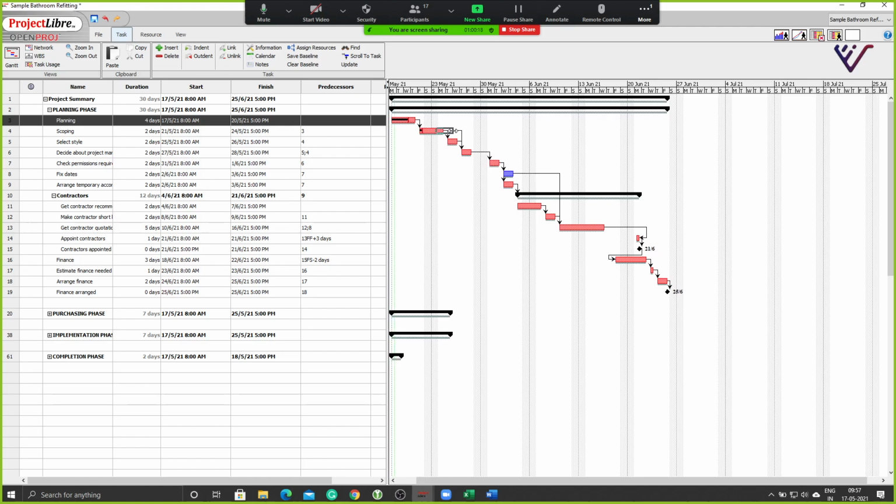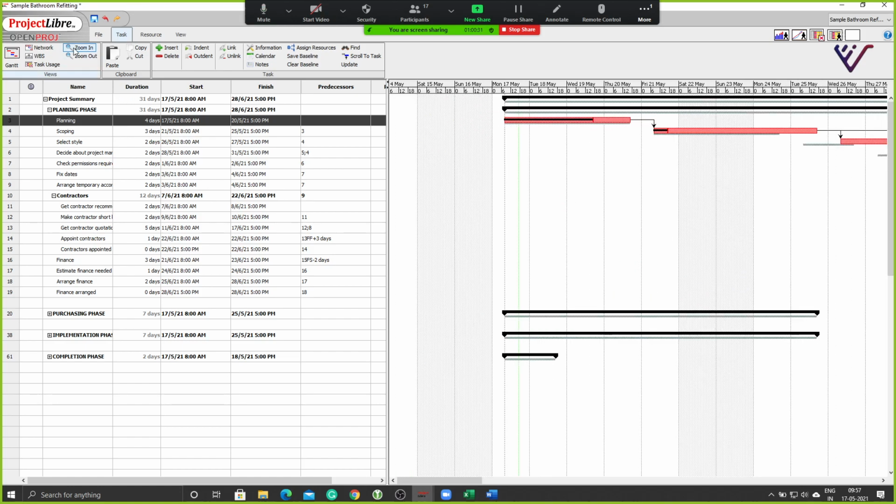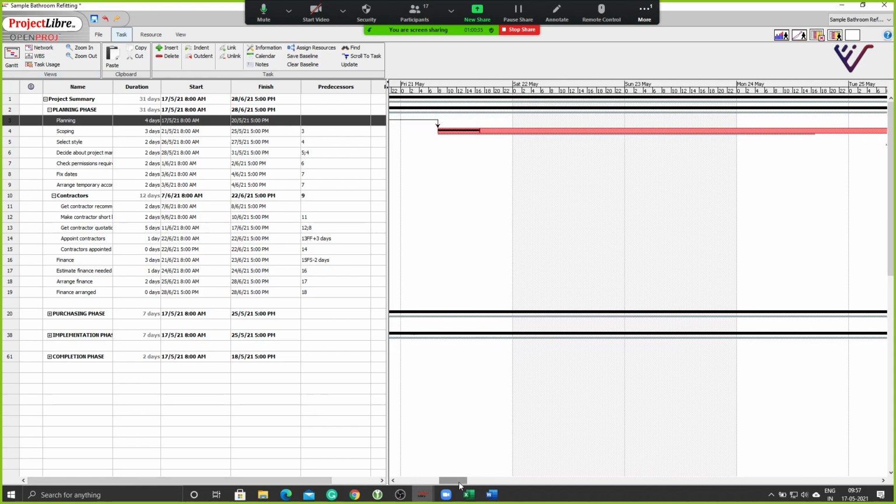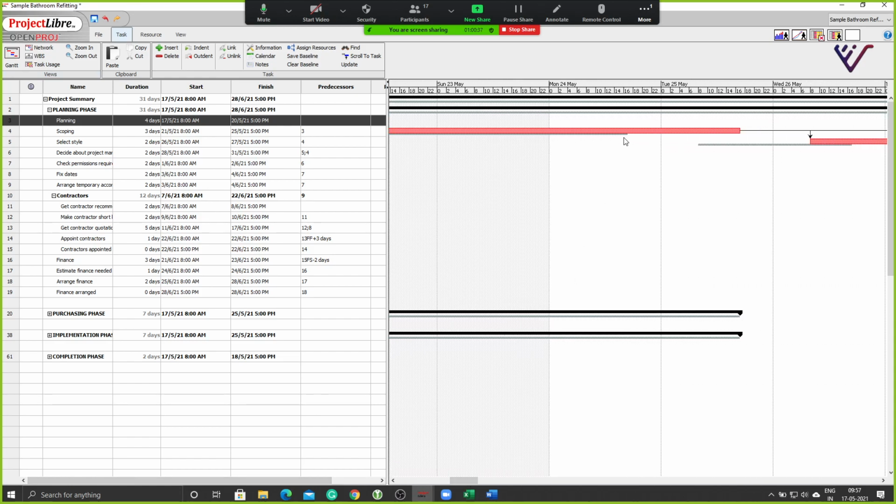And let me say this is getting extended. See, when I extend this task, notice what's happened. I am extending one of these tasks here, and you see the impact on baseline. The original baseline for this task was ending here, but now it's extended till there. So I have moved from my baseline.